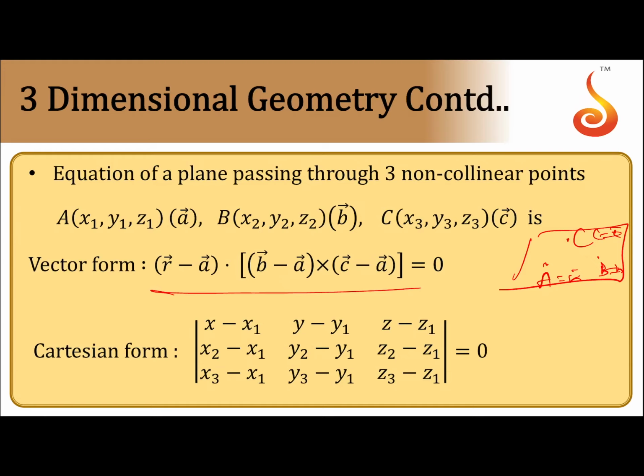And the equation here, of course, as all the points are coplanar, the locus of any point P on the plane is nothing but the equation of the plane. Then PA, PB and PC are coplanar, so AP, AB and AC, their box product is equal to 0 because they are coplanar. AP bar is nothing but R minus A, AB cross AC. And that in the Cartesian form is written as like this.